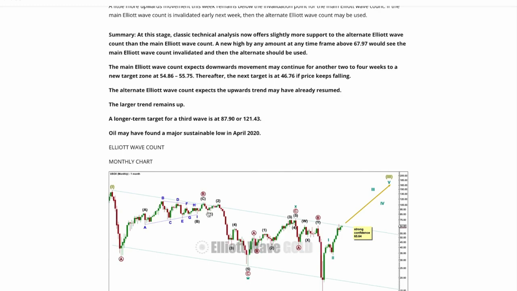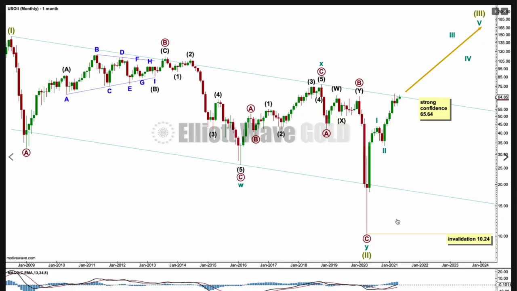Elliott Wave analysis first, classic analysis last. This Elliott Wave count at the monthly chart level expects that a supercycle degree second wave is over there and a supercycle degree third wave begins here. The rule for a third wave is it has to move beyond the end of the first wave, and it has to move far enough above the end of the first wave to allow a subsequent supercycle degree fourth wave to unfold and remain above this first wave price territory.